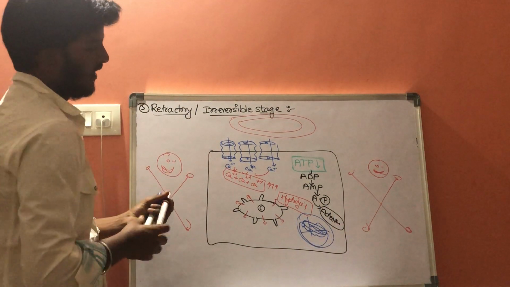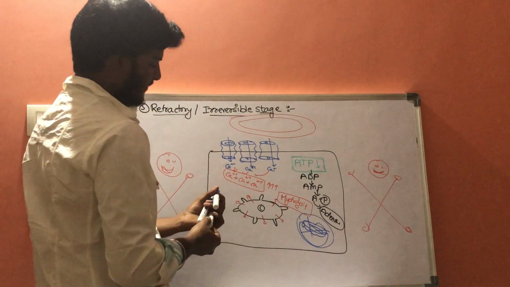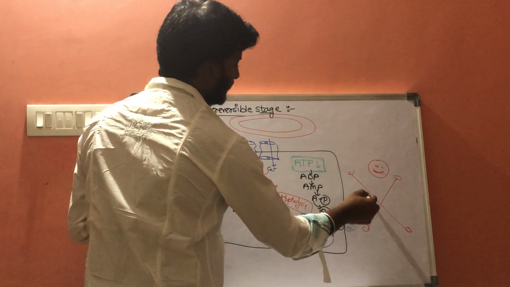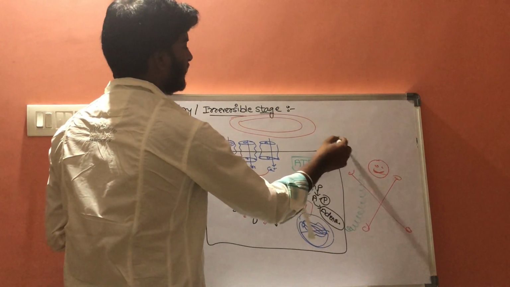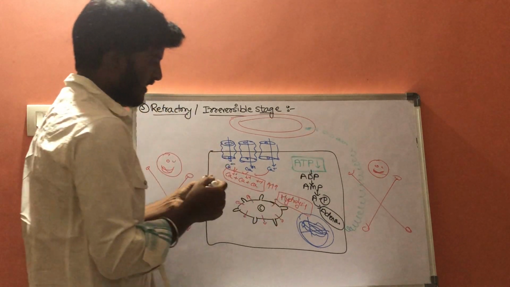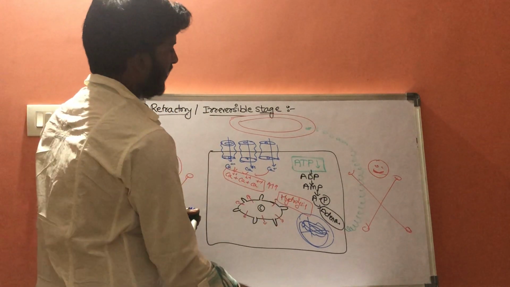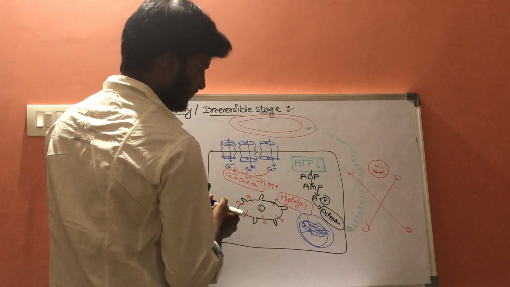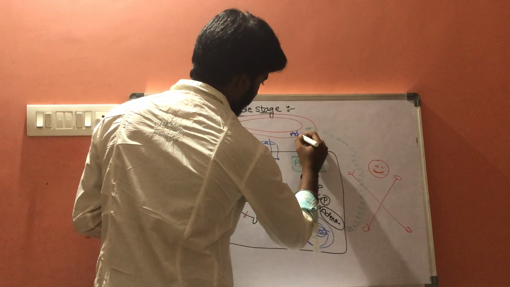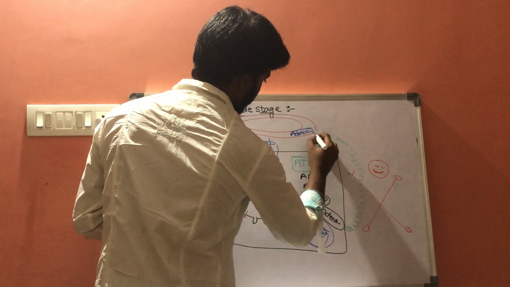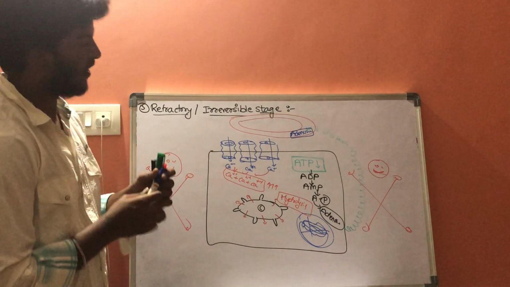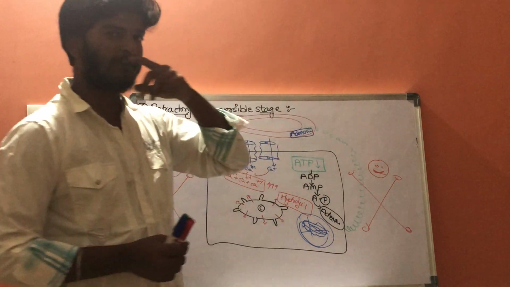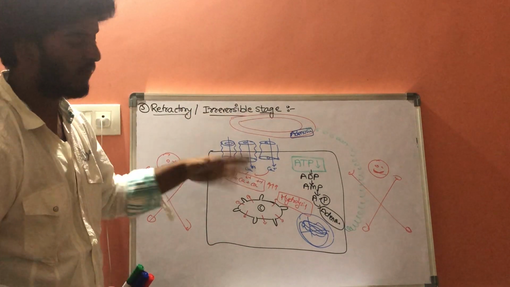So whenever this adenosine is formed, it will enter into the circulatory system. Whenever this adenosine enters into the circulatory system, it does not have the capacity to convert back into adenosine monophosphate, and there is no production of ATP. In this way there is death of the cells.